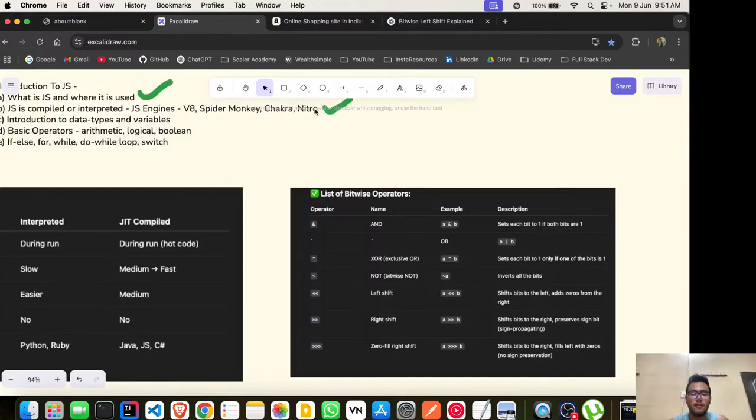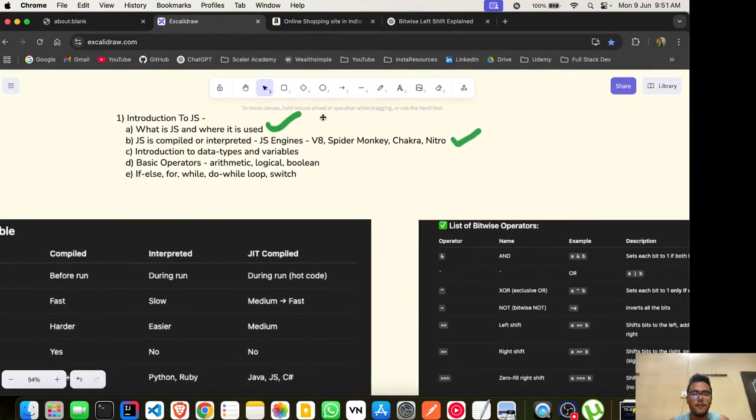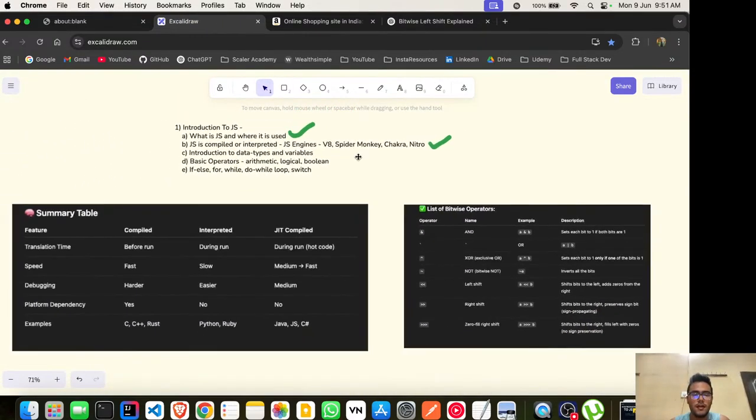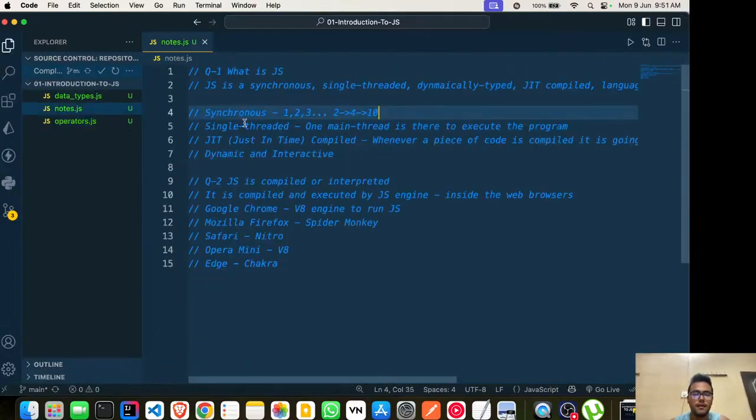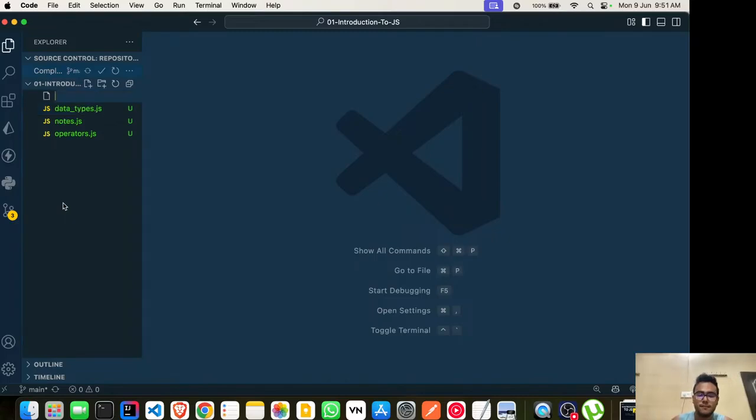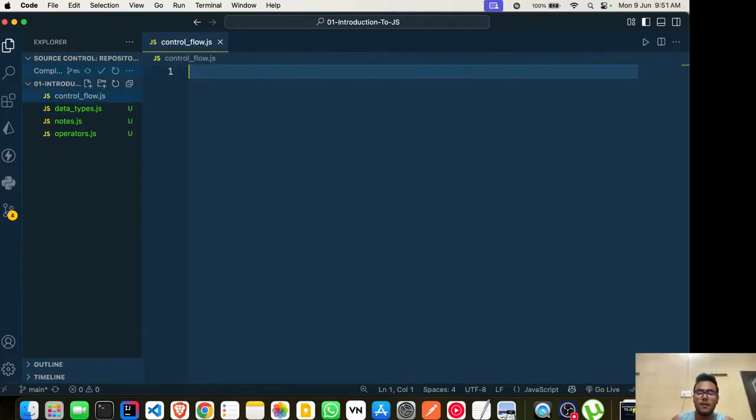Now the next topic is basic if else conditions and control flow. So let me just create another file. So how do we assess the condition? So let's say we have